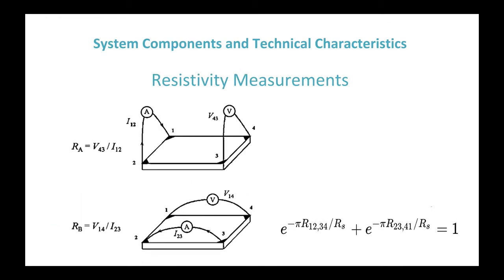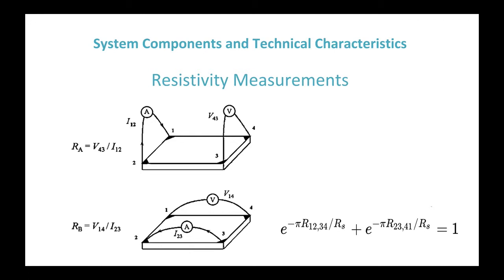Resistivity measurements. Basic measurements. To make an accurate measurement, current is caused to flow along one edge of the sample, and the voltage across the opposite edge is measured. From these two values, a resistance can be found using Ohm's law. In his paper, Van der Pauw showed that the sheet resistance of a sample of arbitrary shape can be determined from two